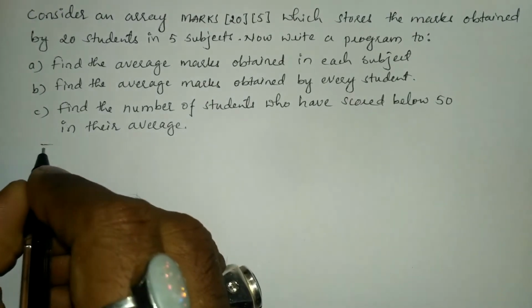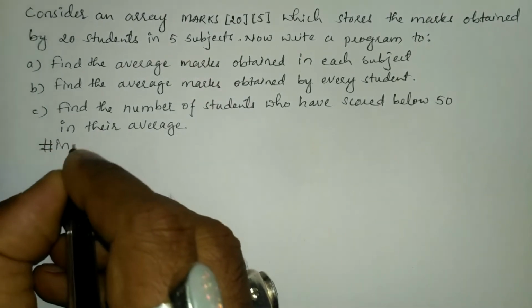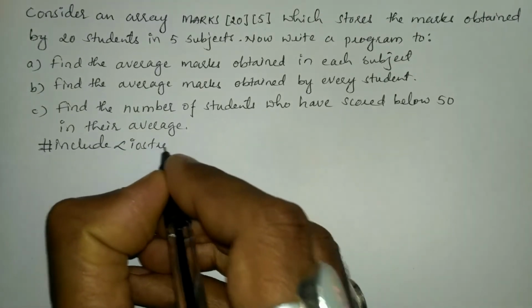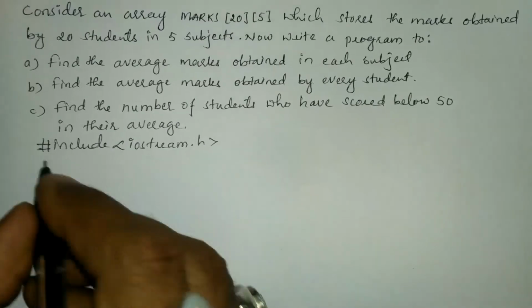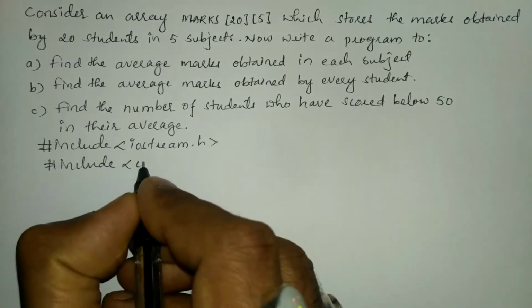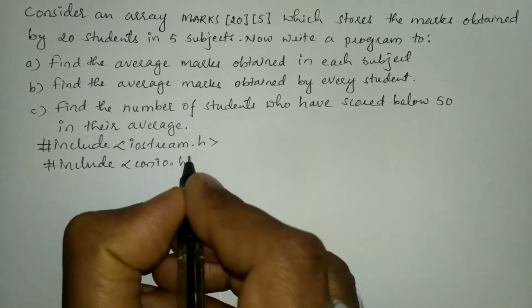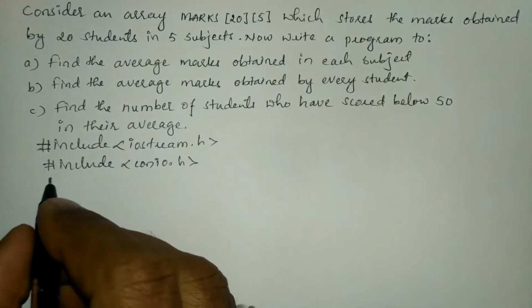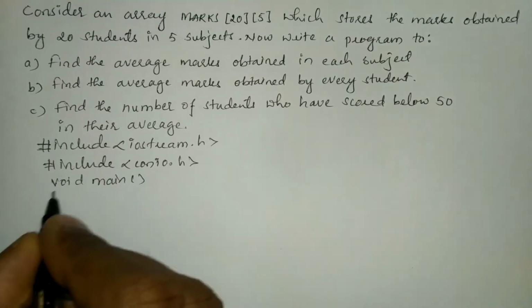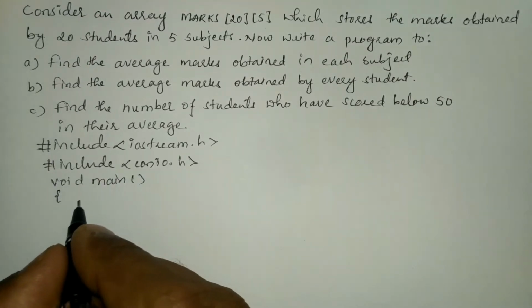Now let us write the preprocessor directives. Hash include in angular brace we'll write iostream.h header file, and the next preprocessor directive is hash include in angular brace we'll write console input output.h header file. Now we are going to write void main function curly open brace, and here in a declaration section I'm